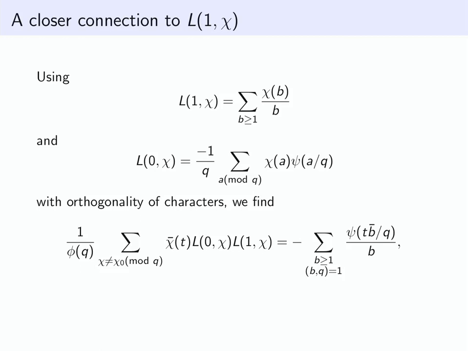Okay. So here, B bar is the inverse of B mod Q. And how you should be thinking about this is, well, you've got the 1 over B that is very reminiscent of L(1, chi). You have now, instead of a character chi of B, which again you think is going to